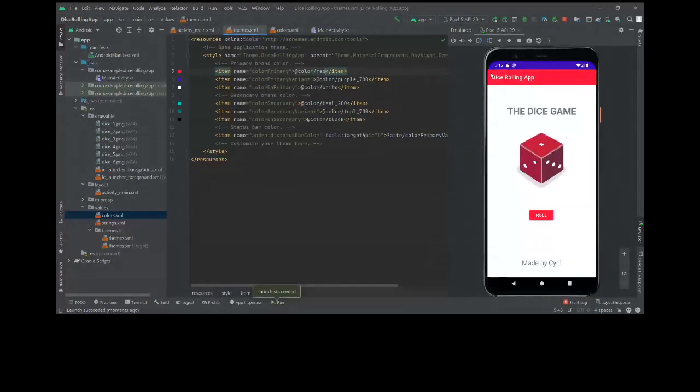Okay, now you can see the theme of our application is changed. Automatically this one and this one change. This is very useful because while programming, you don't need to look at the colors. You just have to say if you want this color to be color primary or color secondary. Later on, you can just change the colors here and it will automatically be changed everywhere. That makes programming faster. So we've already changed the color.